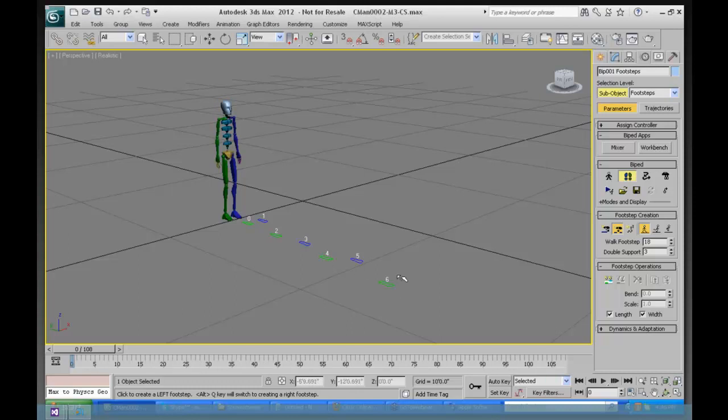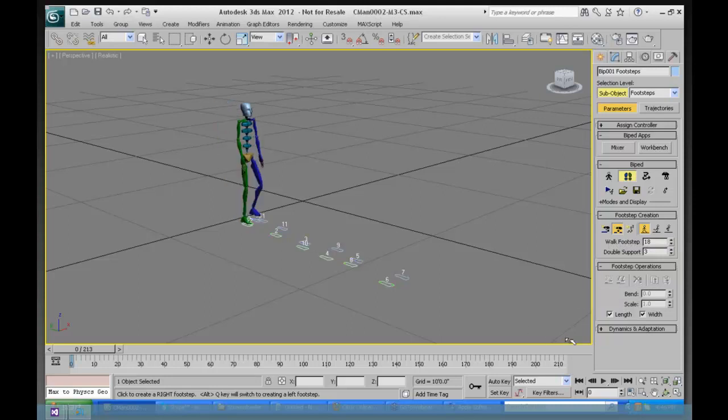I've made 7 footsteps, and then I'll make him coming back and end up like that. Once I've created the footsteps, I need to go to the footstep operations and select create keys. Click on that. It'll take a moment. And now if we hit the play button,